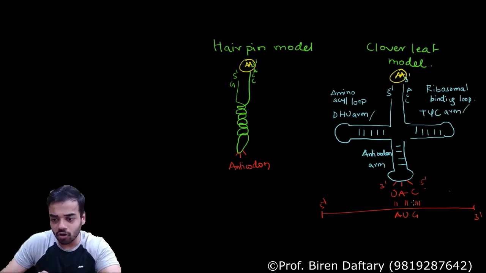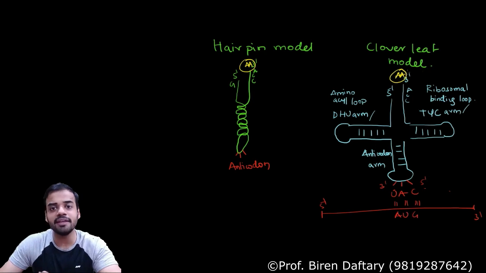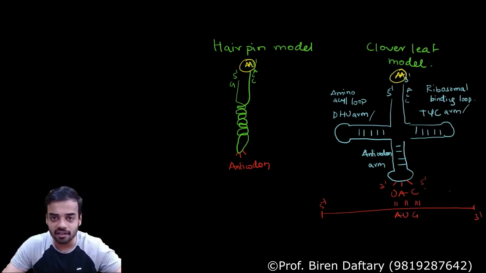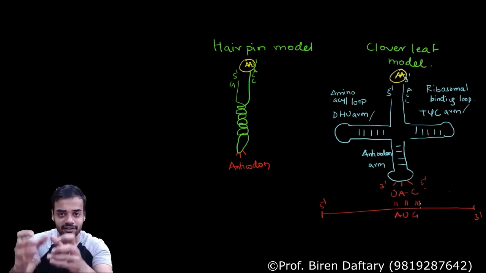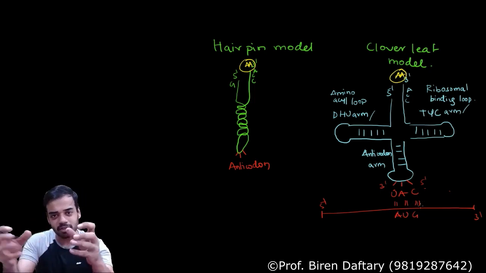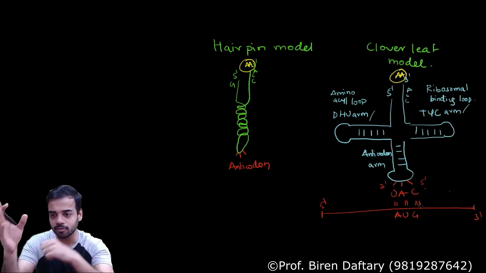Depending on the codon, the tRNA will come bringing that specific amino acid. Is this clear? You already know the Wobble hypothesis, so I'm not going to repeat it. In Wobble's hypothesis, one single tRNA can bind to 3 or 4 codons. Why? Because even if the last nucleotide pair is not matching, the first 2 can still hold it, and it can stay slightly unstable but still connected. So you know that Wobble hypothesis.